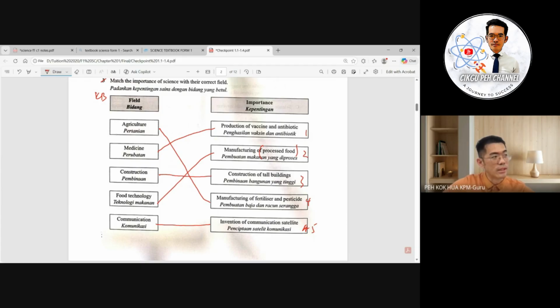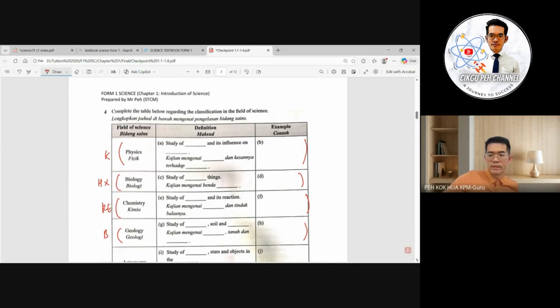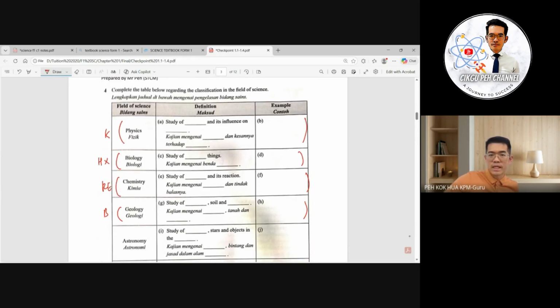通讯像我讲。Okay, so invention of communication satellite 发明了那个卫星通讯的卫星。Okay, so that means that actually you can straight away use the answer from the checkpoint. If you think that some of the notes answers are very long, right? So actually you can use the checkpoint for your revision also. Or it's actually short notes. Okay, then here, Catherine, for physics, study of the